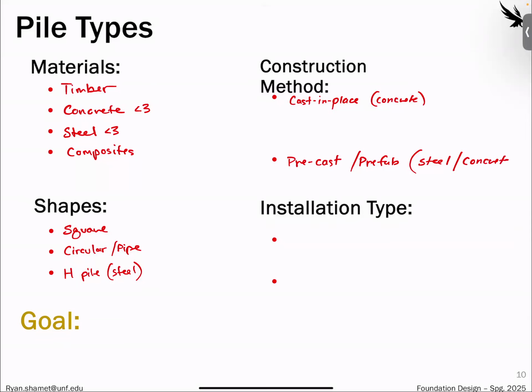So that's one of the things you need to consider. Is it achievable to transport these 60-foot long precast piles to our job site? Or is it easier and cheaper to just pour the concrete at the site and do a cast in place method? And then the two main types of installation, we have displacement,